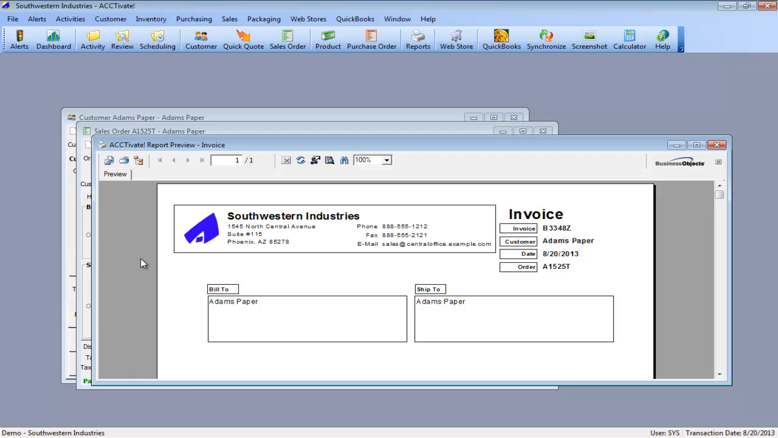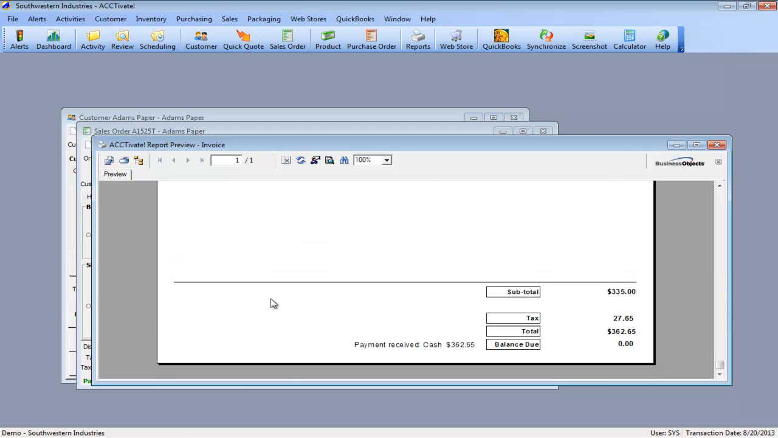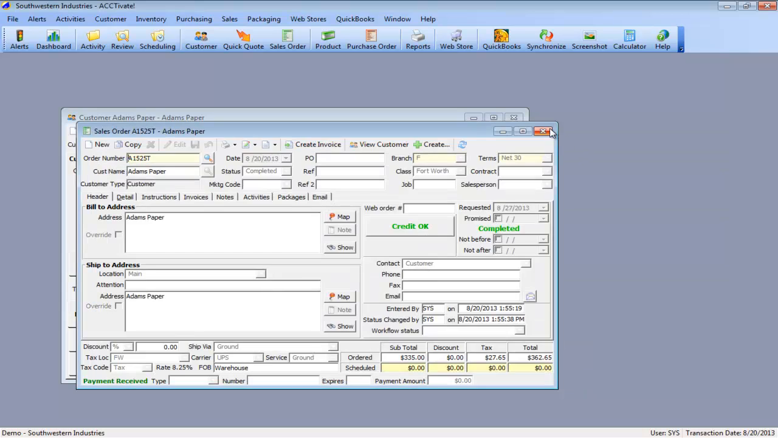Nothing in ACCTivate has touched QuickBooks yet, so we're not going to block the invoice. We're able to create it, $335, it's done. We got the payment, customer walks out with our goods. So now when I go to synchronize,